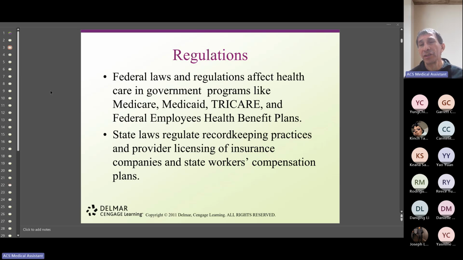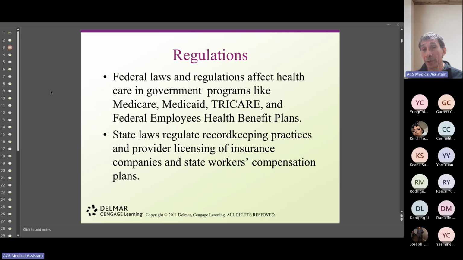Particularly, we're going to keep these regulations. I mean, we have to keep regulations in general for every single patient, regardless of what insurance they have, because that is the law, that is HIPAA: privacy, confidentiality, and safety. All these rules. Remember, rules means law. These are mandated. This is not optional. It's not voluntary.